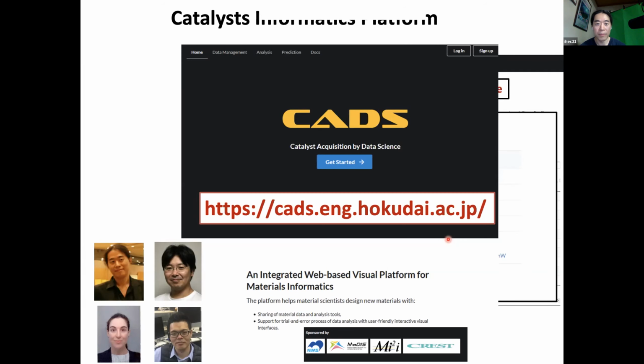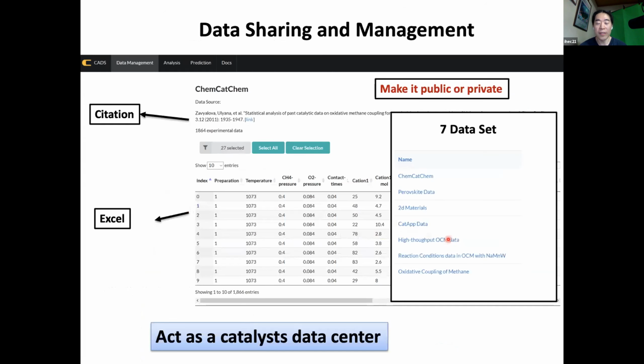And this work, you can do multiple things here. I'm going to quickly introduce what we can do. You can share your data and upload it, and of course, you can make it private if you don't want to share it, and it's free to use. Right now they have like 7 datasets provided by our group as well as some other groups. So if you want to do some analysis, data is already there. Of course, you can upload your own data.